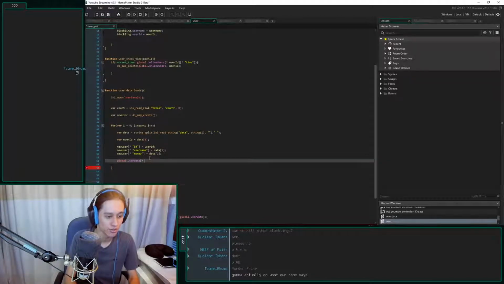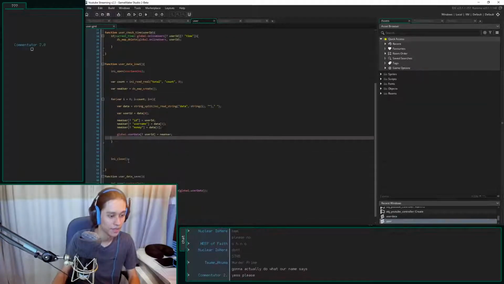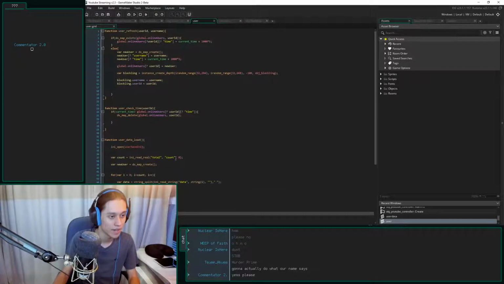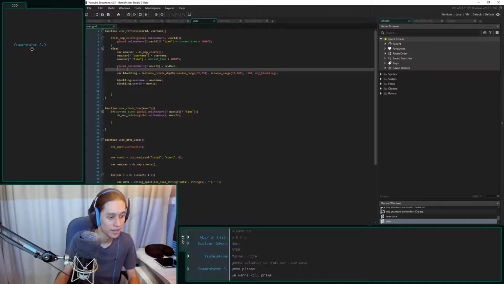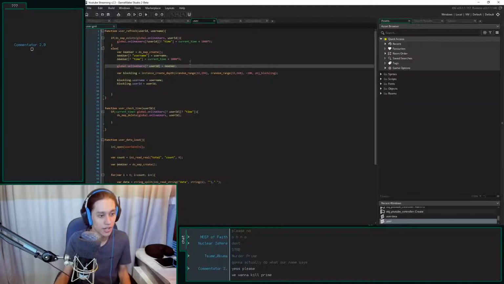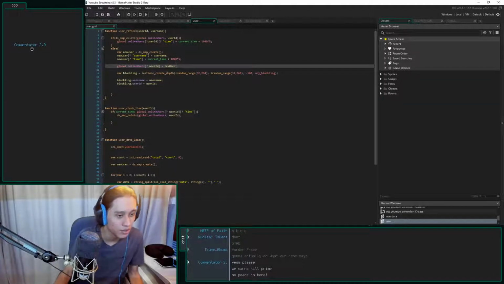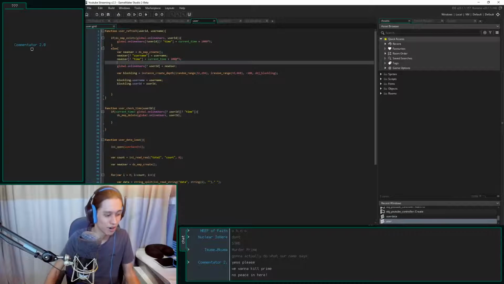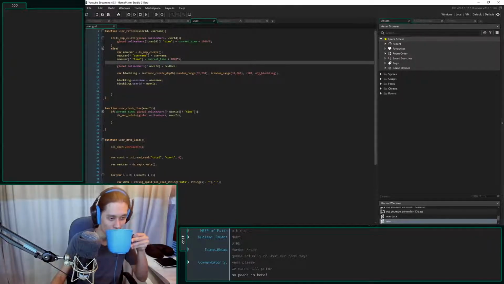User data, user ID equals the new user that we just created. Right. And then I'm going to be actually using the online users. So instead of online users, ooh, I do need a... you want to kill Prime? No peace. I can't even get the factions. I guess factions kind of penetrate through everything. Everything Islands of War related.